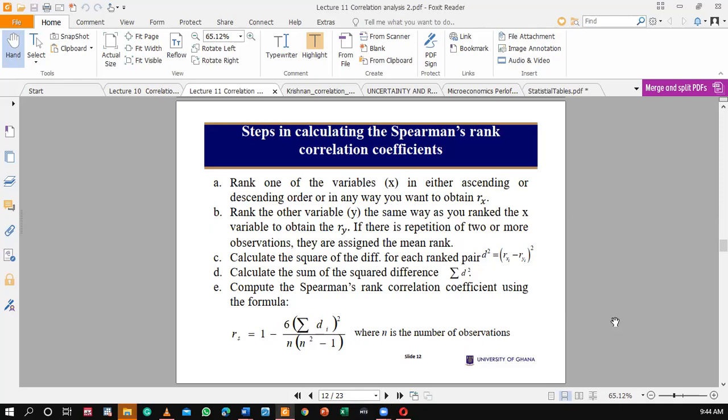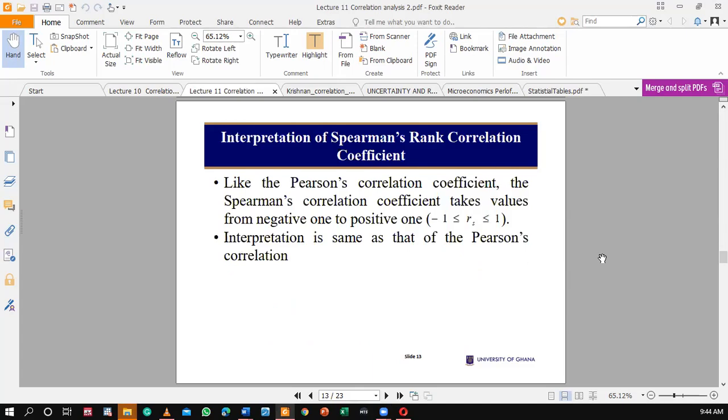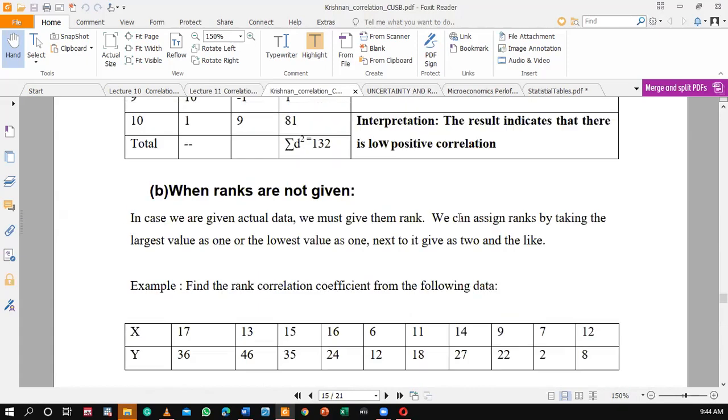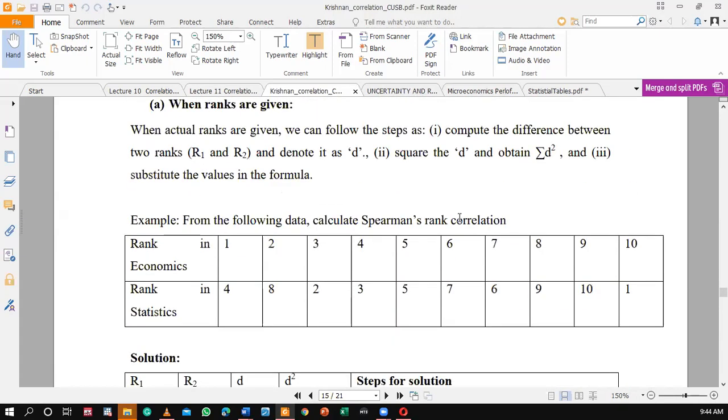The Spearman correlation coefficient. So let's use this. There's an example here, but let's use this one. The Spearman's correlation coefficient is also between -1 and 1, just like the Pearson's, as I said earlier. The interpretation is the same as that of the Pearson. So now,